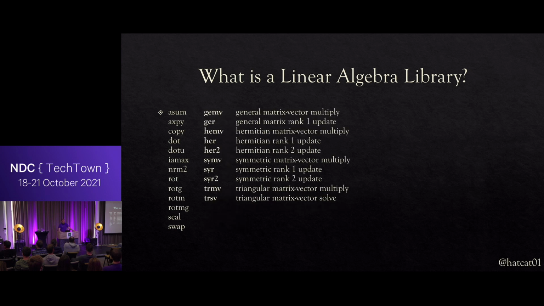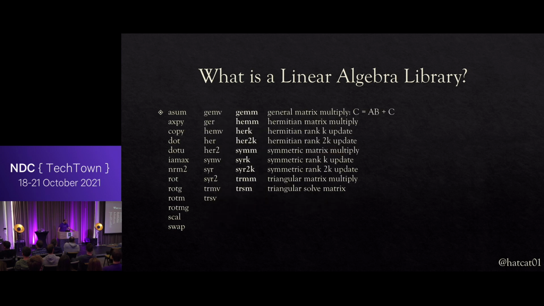Level 2 contains the matrix vector operations, and level 3 contains the matrix operations. And this gives us a good starting point for the kind of API we might want for a matrix class. You can see a fair amount of repetition varying on matrix types. We've got Hermitian, symmetric, and triangular matrices. And for various operands, matrix vector, matrix matrix. And we have a set of operations that's different for vectors from matrices.